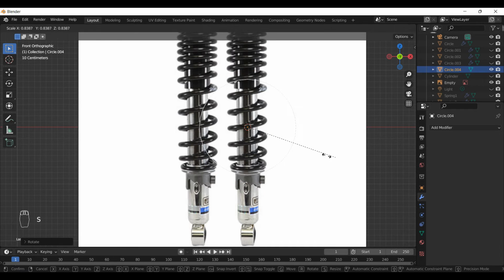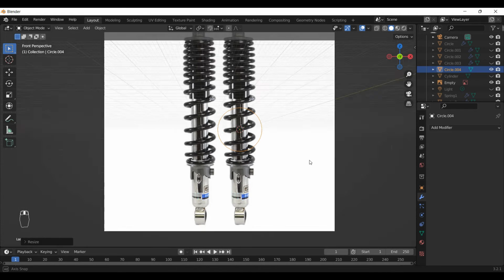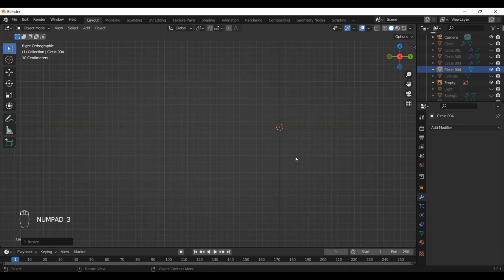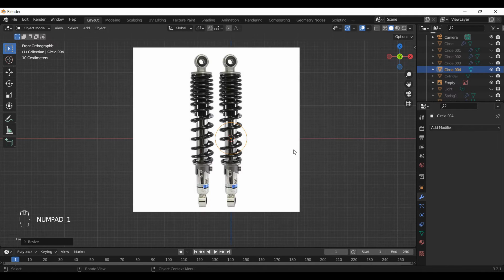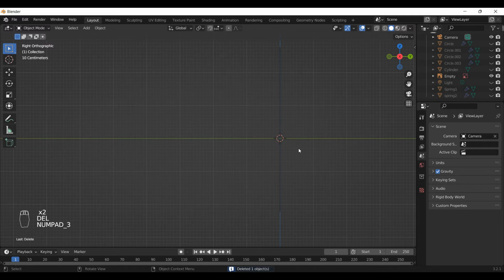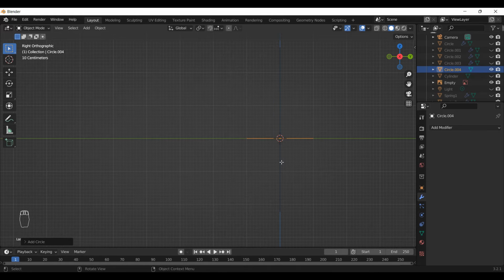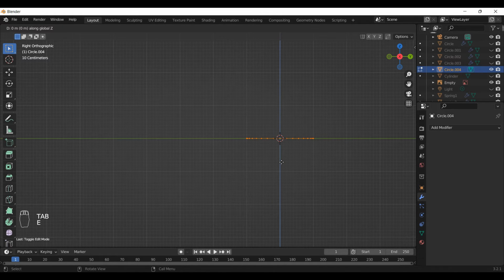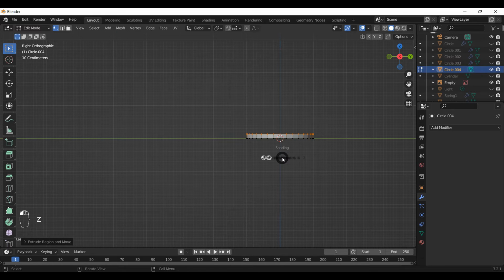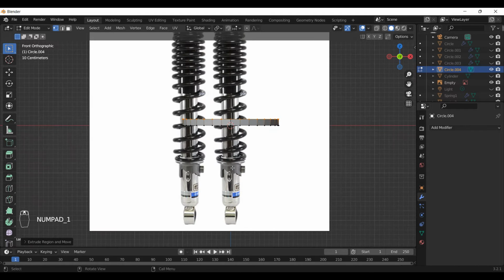Scale it down. We have to make this ring, which fits like that. So what we need to do is to go to 3 mode. Sorry, I had it wrong, deleted 3. Shift A and add a circle, set it here, tab, extrude, z-axis, it's like this. So if we go to one view, we need to make this thing, so we will bring it down,